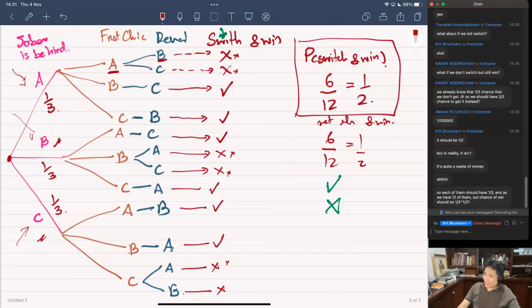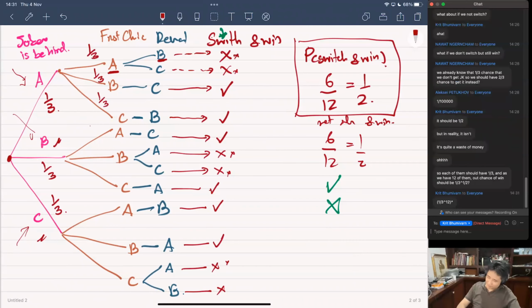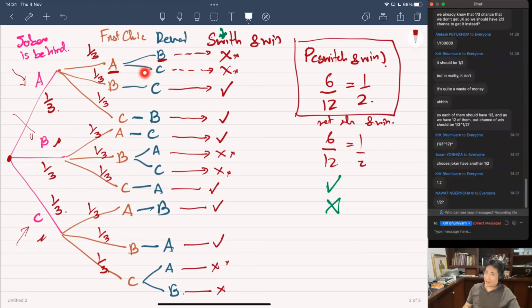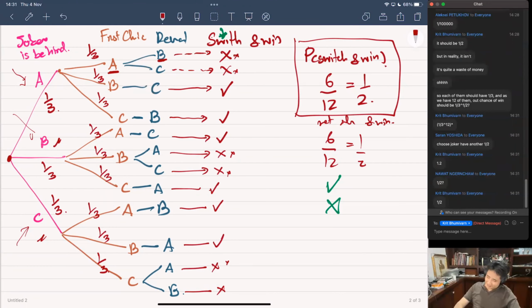Right, and for the choice, every one of you, let's say you do it randomly, right? You have a third chance of picking each one. No, we're not done yet. Okay. And then if the joker is behind A, and you pick A, I will open B or C. What is the probability of each one of them? That is going to be a half, right? It's going to be a half.